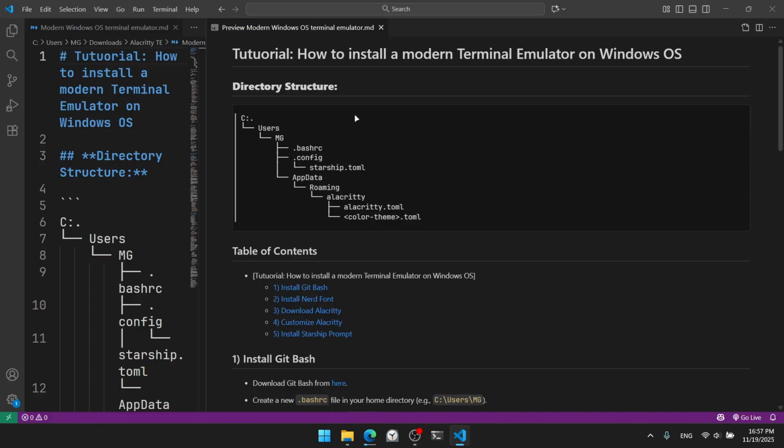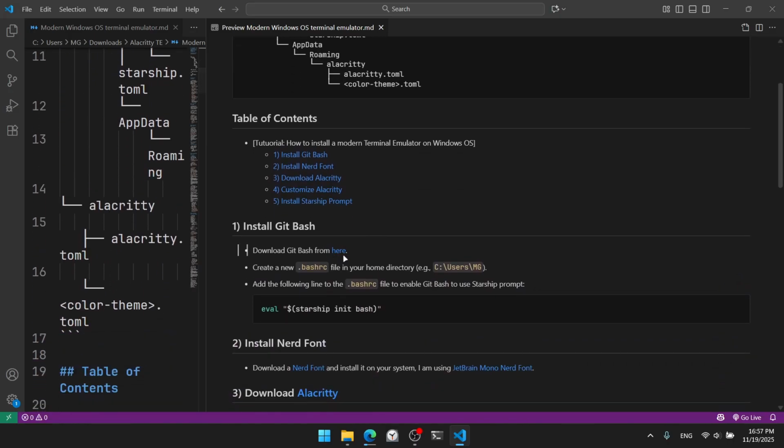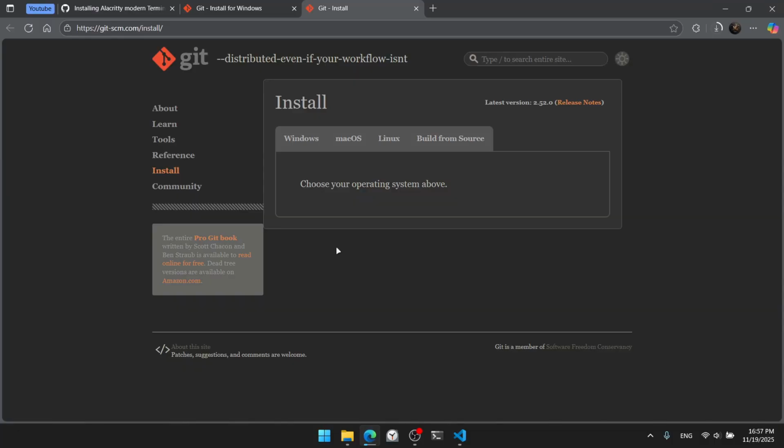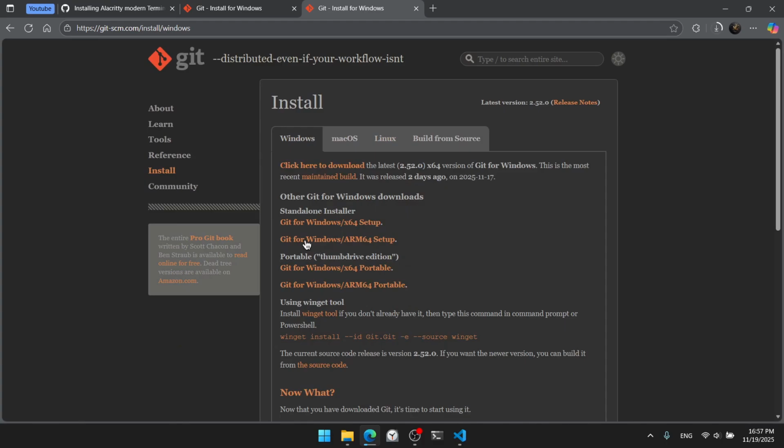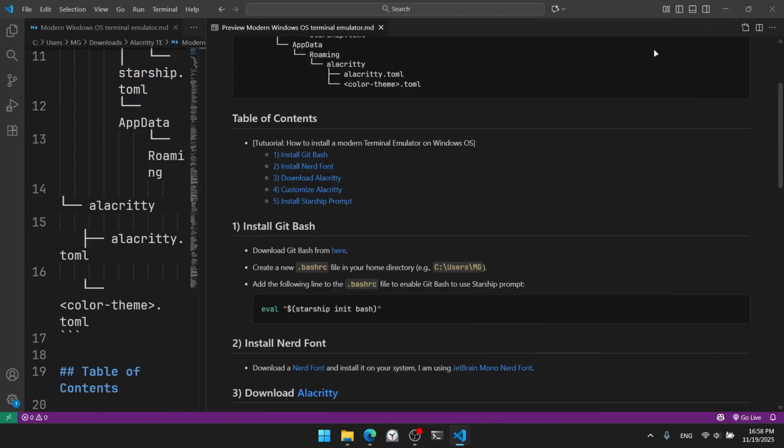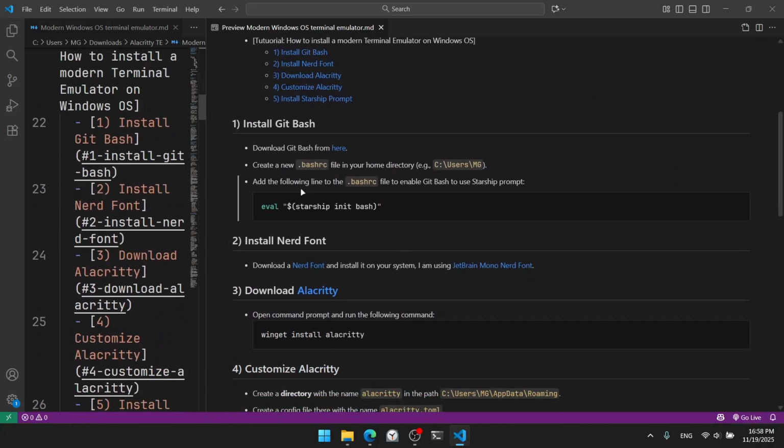Okay, so first things first, we need to install Git Bash. In the first step here, I have included the link. We can follow it and go to Windows, because we're using Windows. We have here the version for x64 setup. We can download this like that, and now after the download finishes, we can add a .bashrc, which is